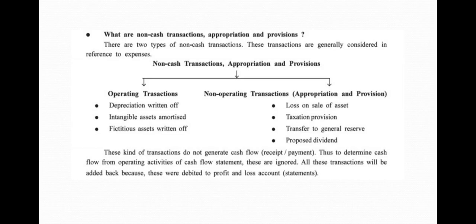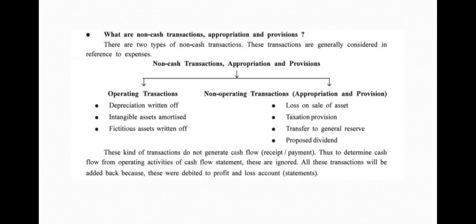So they are deducted from profit of current year, and then non-cash expenses are added back because they are non-cash, they are not paid in cash in real, so they are added back to the profit, which can be depreciation written off, intangible asset written off, that is amortized, fictitious asset written off. Also